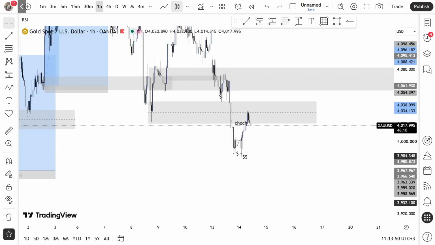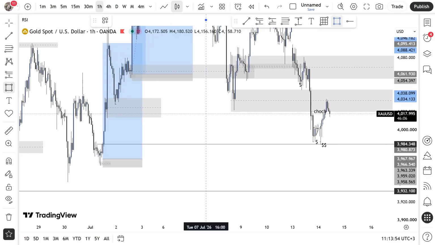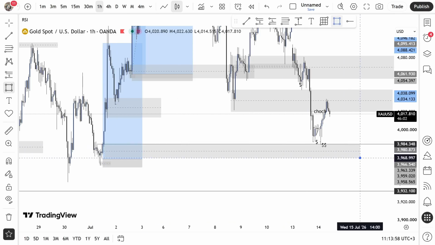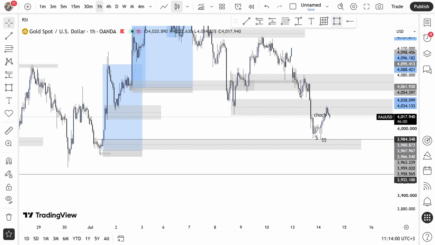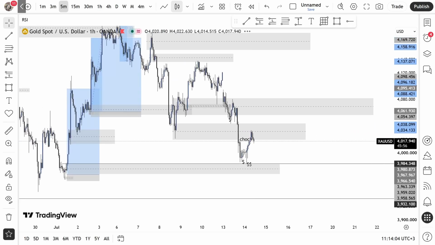Can't remember well, but we had an order block somewhere here. Yeah, we did have this order block. So I want to talk about how you enter the trade. It was right there. Was it? Yeah, it was right here. Then